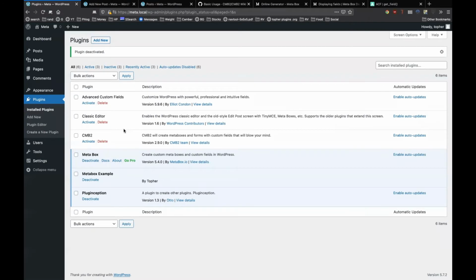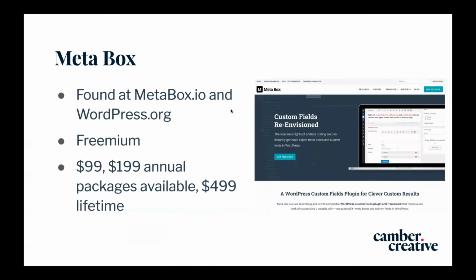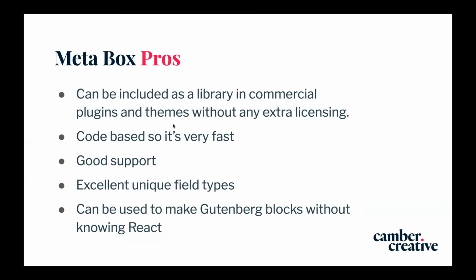I'm actually now going to deactivate MetaBox.io in my example and go back to our slideshow. So some pros of MetaBox. It can be included as a library in commercial plugins and themes without any extra licensing, which means if you have a license and you build a site for somebody, you can embed the whole commercial plugin in their theme or whatever plugins you make for them custom, and they don't have to buy a license,